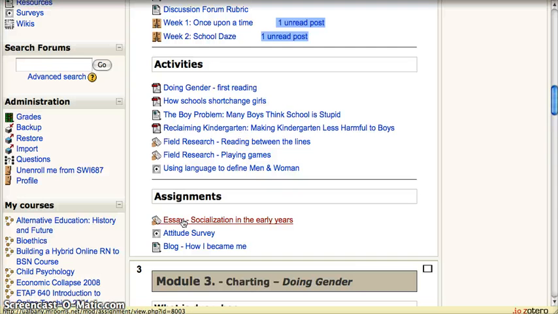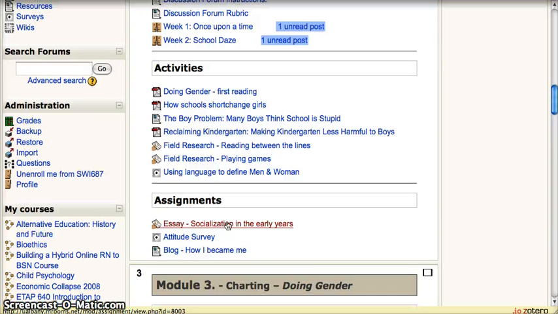And so I would really recommend that instead of doing it that way, you set it up in some sort of a forum where the students can then share their work with each other. So there's a lot more interaction and collaboration around the products that you're having them